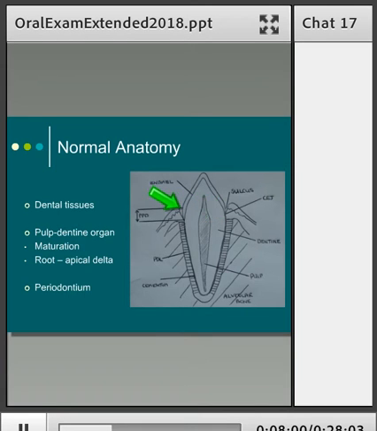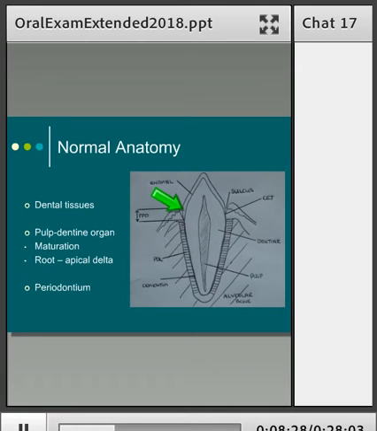Of course, when we've got this gap, the sulcus, or if we're starting to get disease, then we can measure this gap, and that's our probing depth. So a periodontal probing depth, and that might be normal. It might just be a sulcal depth. So in dogs, typically about 3 millimeters on most teeth. In cats, 0 to half a millimeter on most teeth. On the canines, it tends to be a little deeper, maybe up to about 1 millimeter on a cat, and